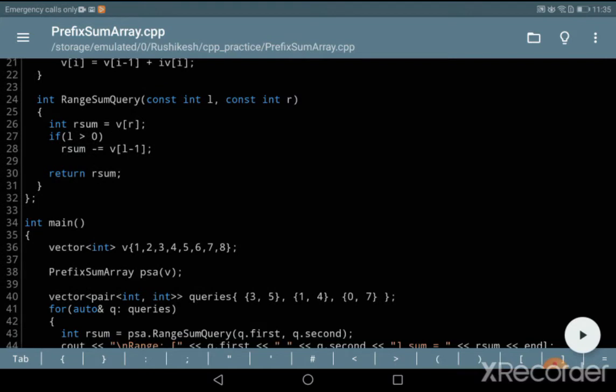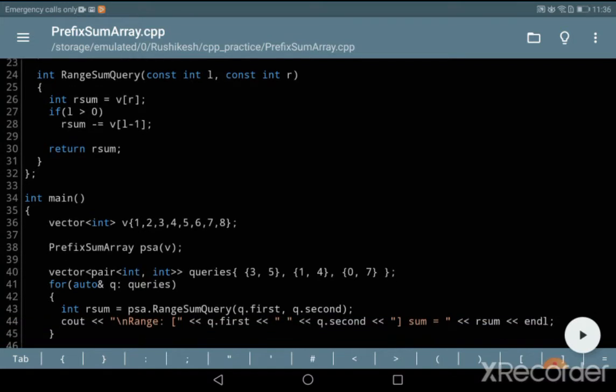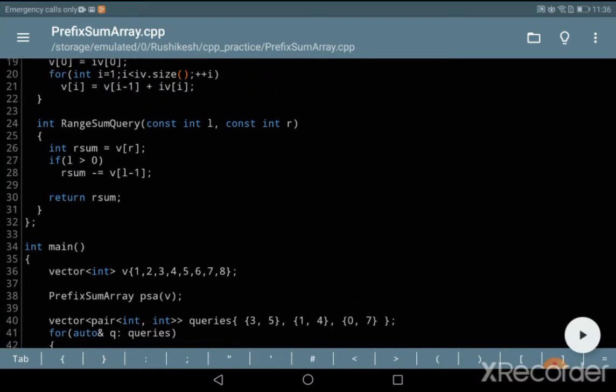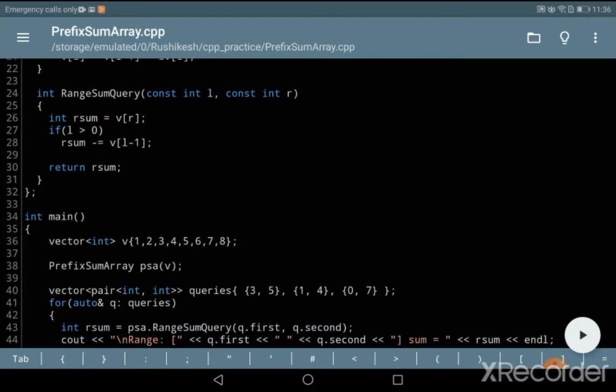Now this class has one function called range sum query, and the inputs to this function are two integer values, left and right, the range L R. Given the range, it computes the sum of the range and returns it. The computation is done in constant time using the prefix array.